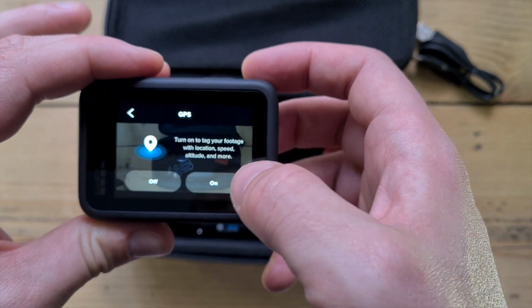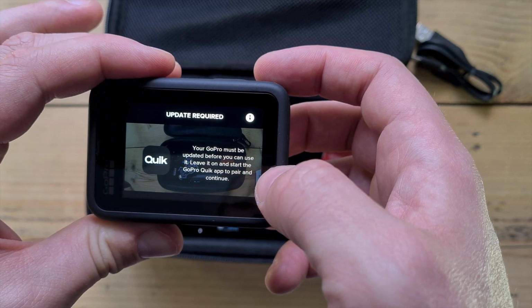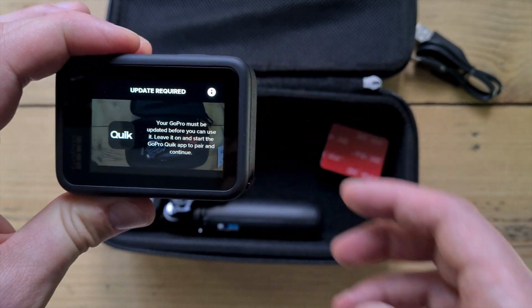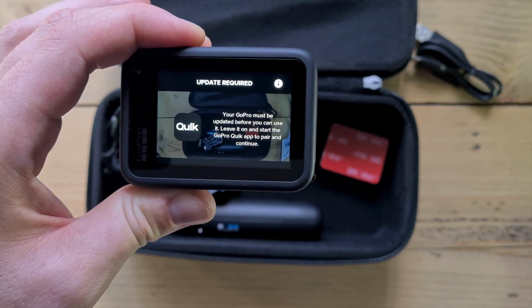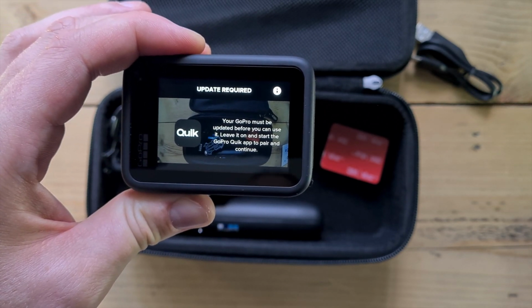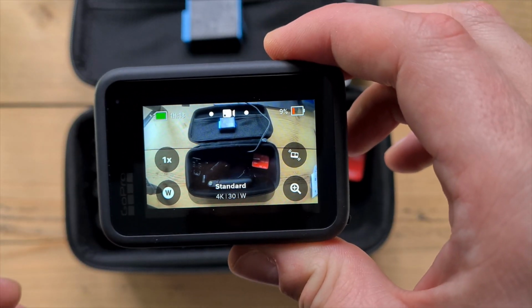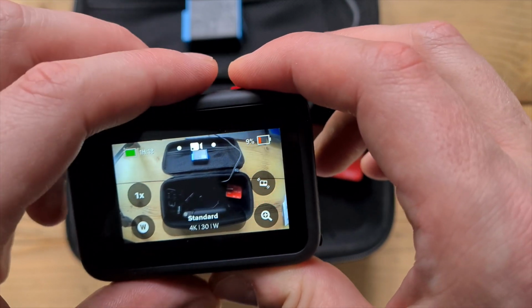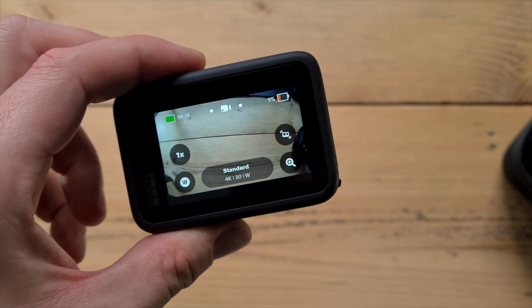English. I agree. Location settings on. GoPro must be updated before you can use it. Leave it on and start the GoPro Quick app to pair and continue. Right. As I'm recording this on my mobile phone and I need my mobile phone to run the GoPro Quick app, I will be right back. So as you can see, that's now the update complete, and within this window here, let me